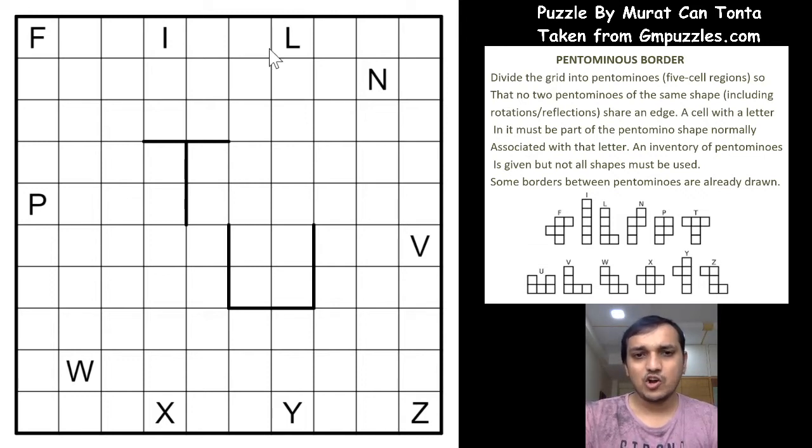If you see this puzzle, how beautifully it is designed. He has used all the pentominos except two, and those two pentominos are used in the form of borders, at the T and the U. There are exactly 12 pentominos. A pentomino is nothing but a 5-cell region, and all the possible 5-cell regions are only 12 shapes. He has used all 12 shapes, in alphabetical order. It starts from here: F I L N P T U V W X Y Z. How beautiful is that? That is the beauty of a handcrafted puzzle.